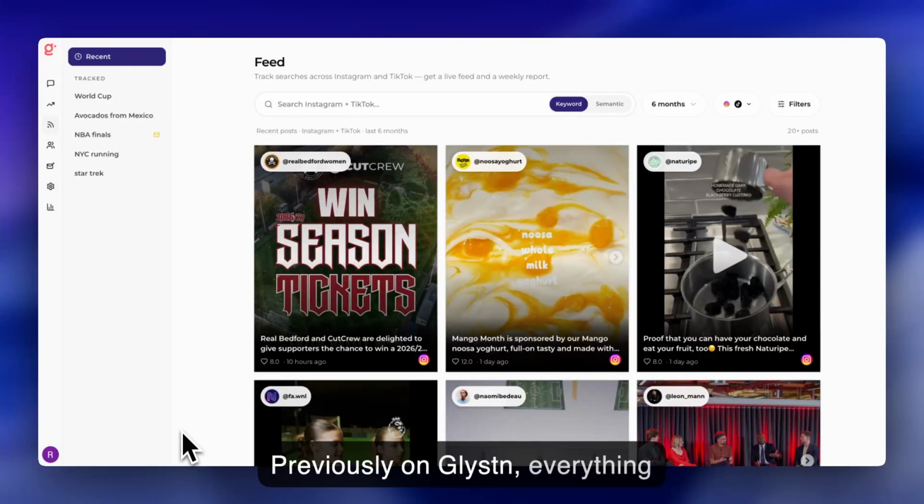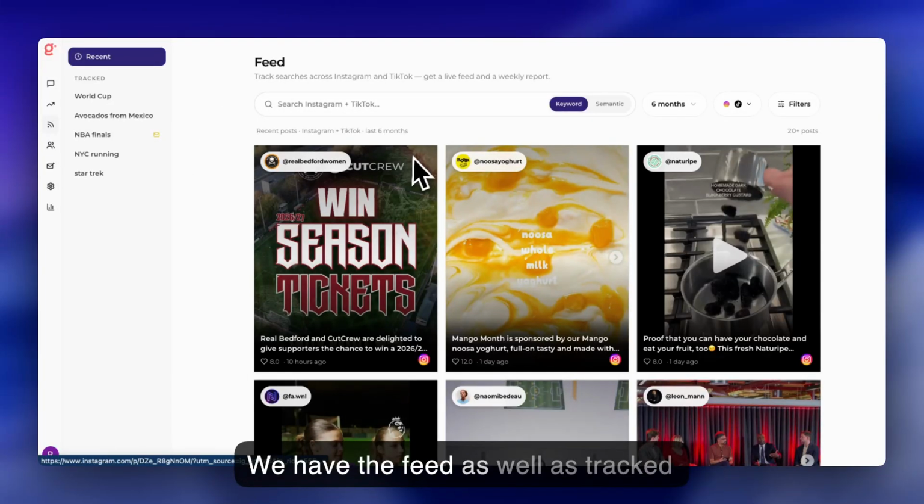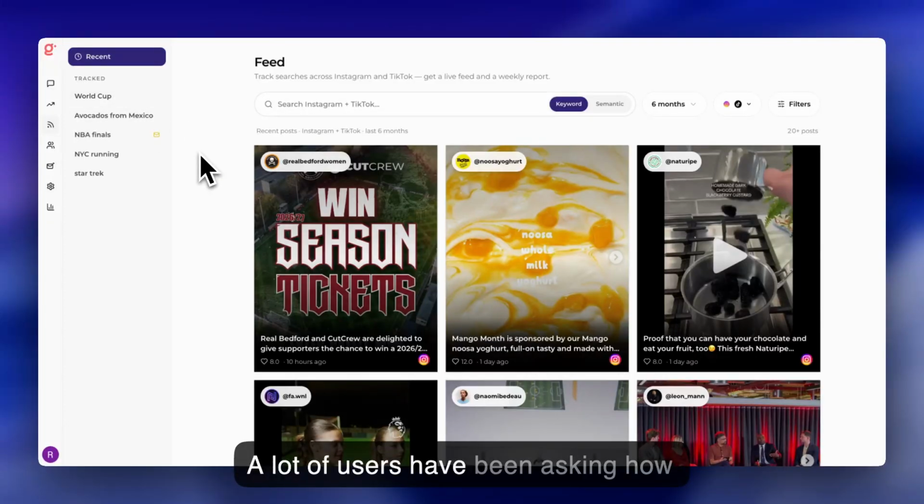Previously on Glystn, everything happened in the chat. Today, we're launching a few new features. We have the feed as well as tracked feeds. A lot of users have been asking how they can keep up with live events, and I'm going to demo that